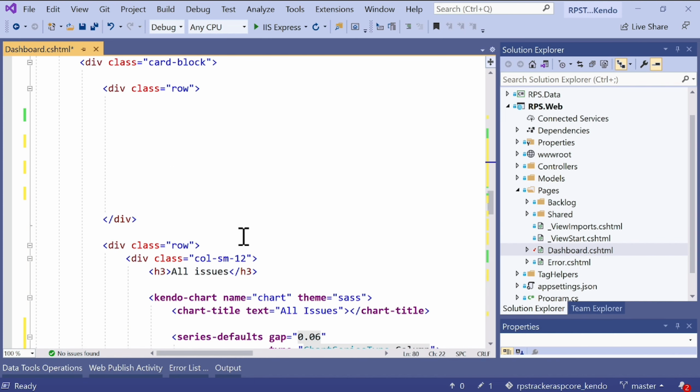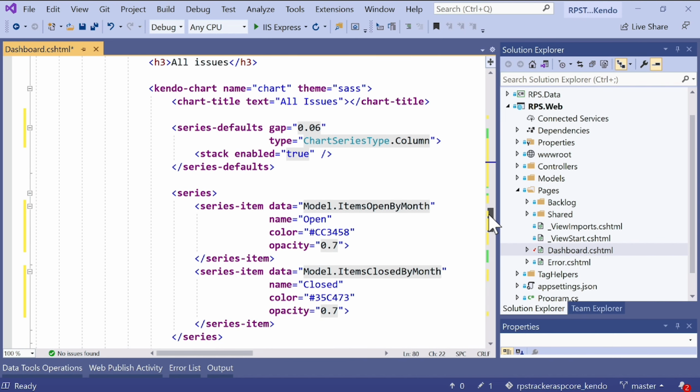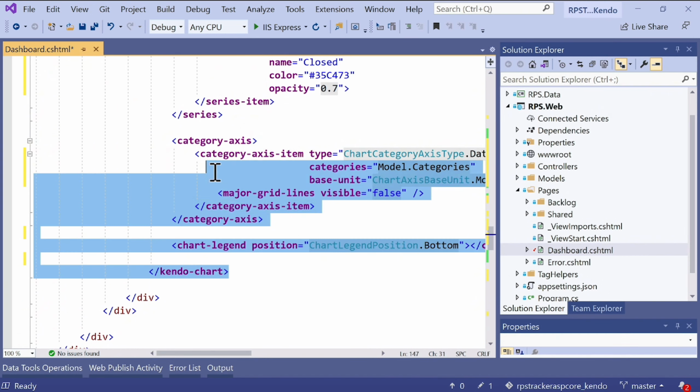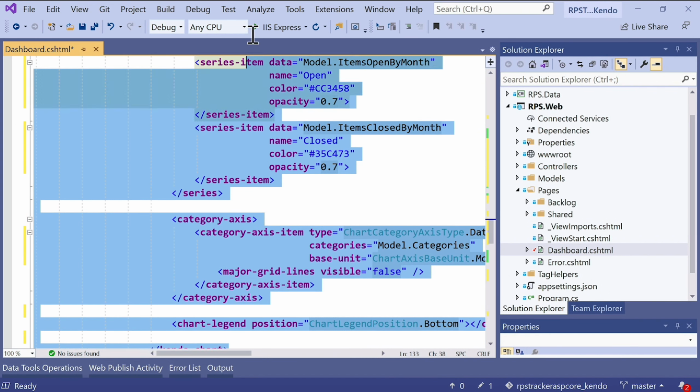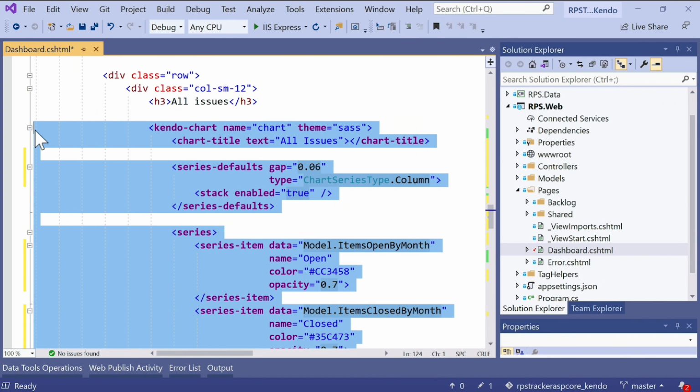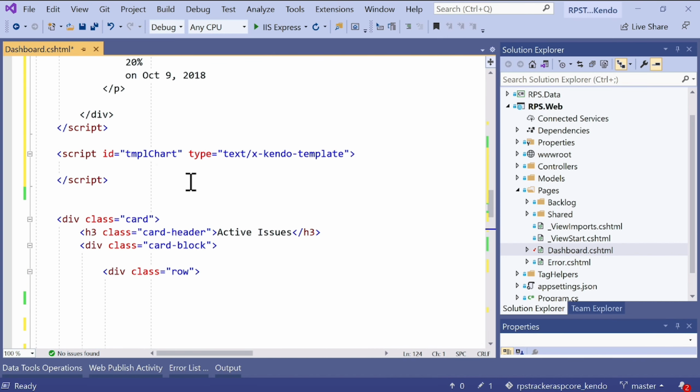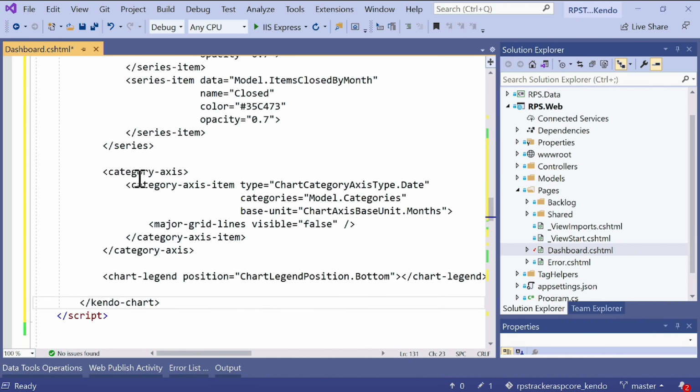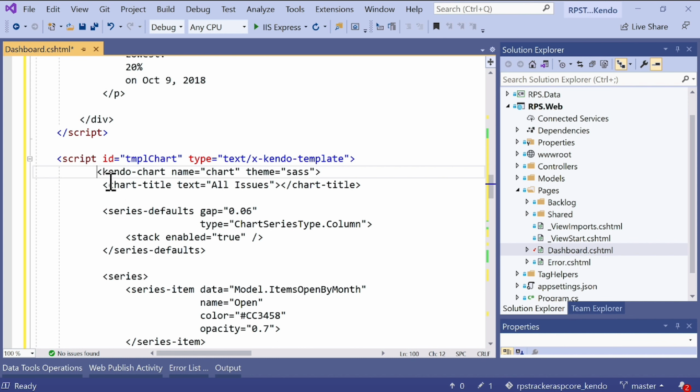And finally, we come to the chart. Now, the chart is actually a Telerik UI component. So this one is going to be a little bit different. We're going to copy the contents here of the component and put it in the template. However, you might have noticed that when you indicate the template type is text/x-kendo-template, whatever is